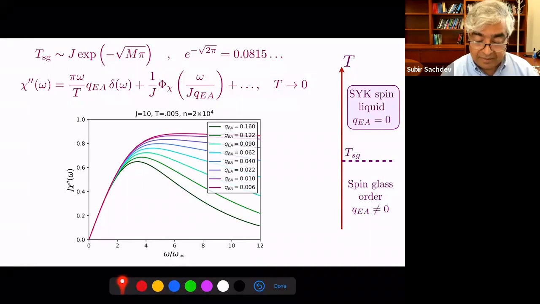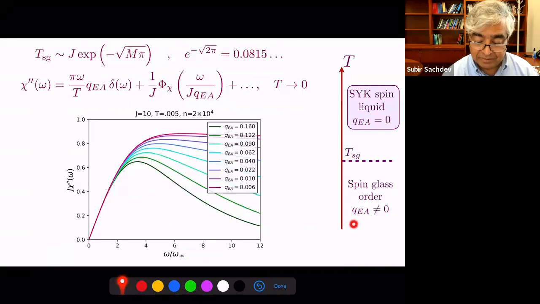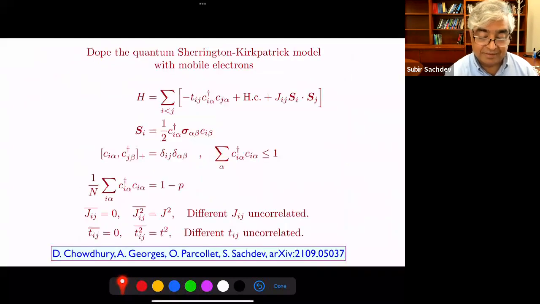Okay, and you can get an exact solution of this crossover, and I'm not aware of other problems where you can do that. Okay, very, very briefly, let me just mention, what we'd like to do is to make this TSG go to 0. And in this model, you can't do it. But you can do it by adding charged carriers. You can put in some electrons where these charges move around with some density.